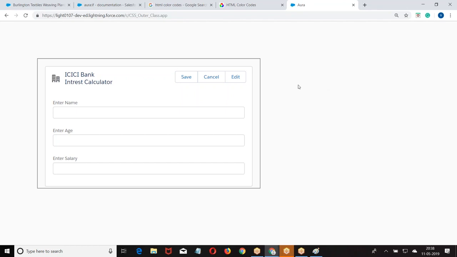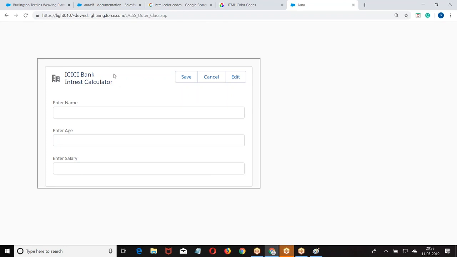In the overall structure, what we learned from day one was how to create an application, how to create a component, and how to take an attribute. Now this calculation should happen and I want to display it. Are you getting my point? Now this is the structure I am getting here.